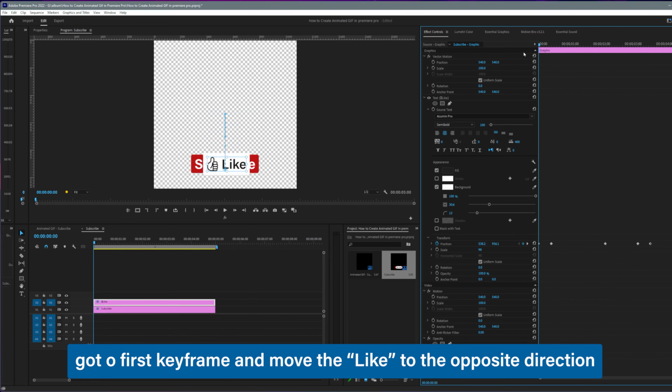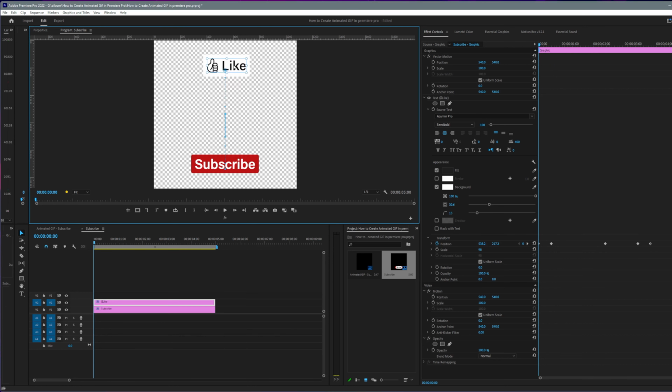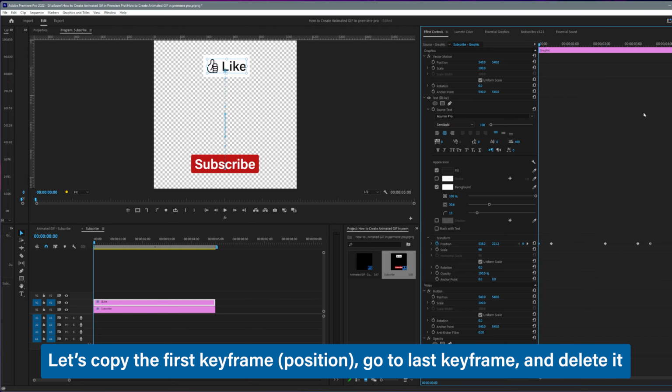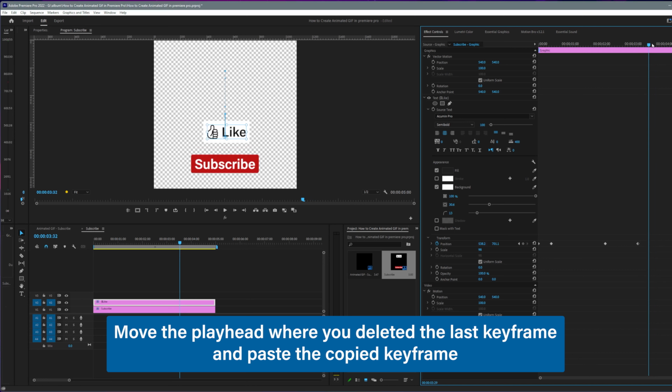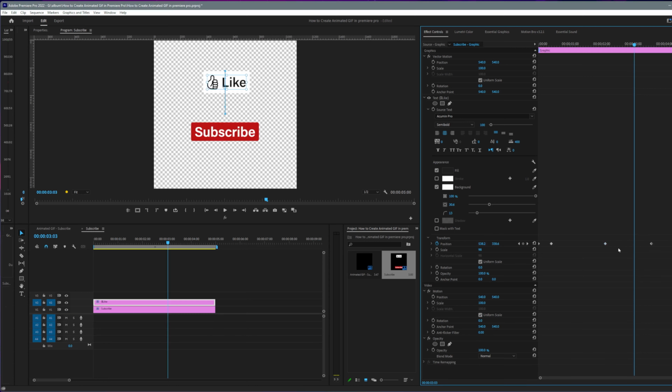Next, let's drag the playhead to the beginning. Let's move the like graphic to the top where we want the animation to start. Let's go to the first keyframe and copy it. Delete the last keyframe and paste it in that spot. For some reason I made an extra keyframe, so I'm gonna delete the 4th one and drag the 3rd keyframe